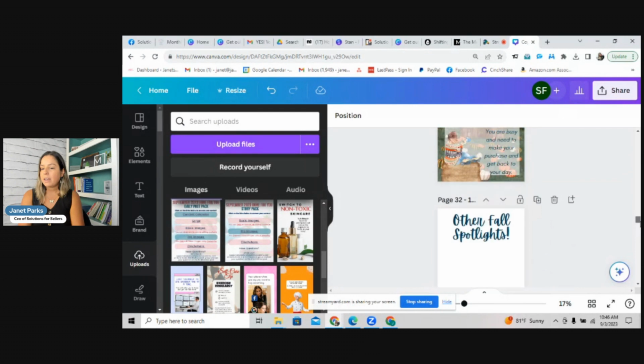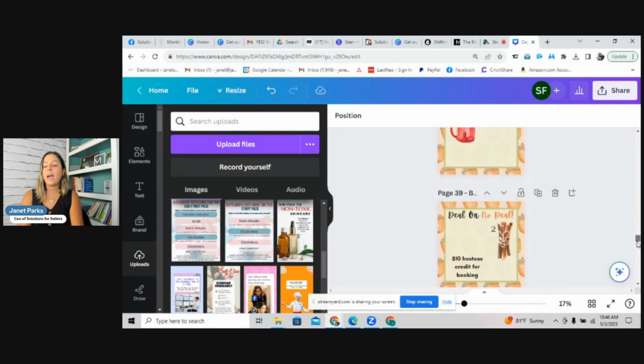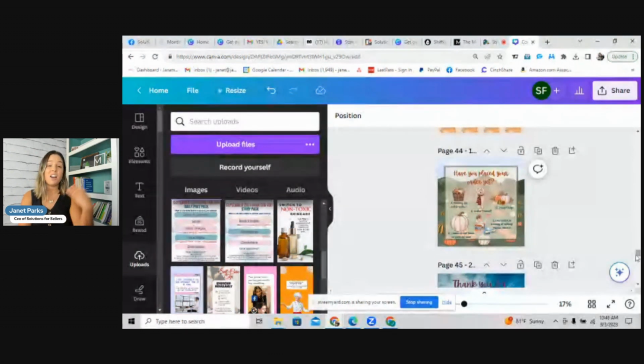Okay, so now that I've kind of given you a gist on how you can personalize, really just a lot of uploading and dragging and dropping, all the extraness of changing the colors or adding your logo, that's totally up to your discretion if you want to do that. If you want to just keep it simple, then I suggest just going through all the graphics, seeing what products you're going to need, upload to Canva, and then just simply drag and drop into the necessary graphics.